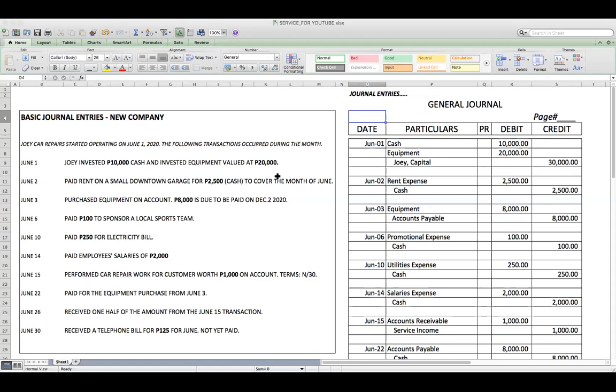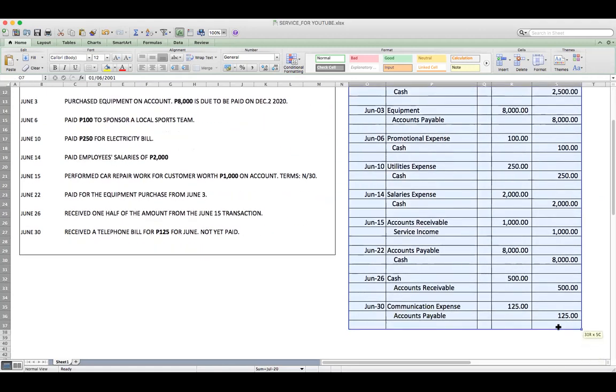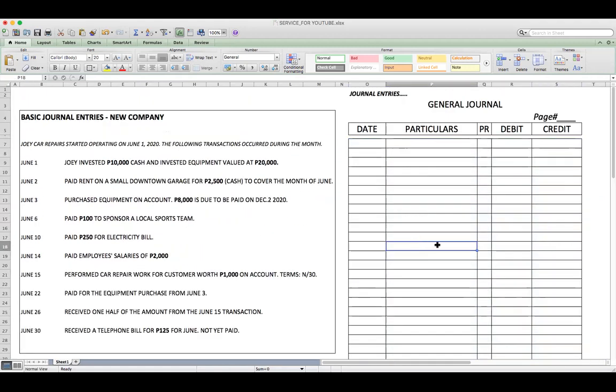So hopefully nakikita nyo na ang aking Excel na nandito ang business transactions ng isang service concern muna because medyo matagal na pag-aaral uli, kapag ituturo na natin ang merchandising or even the manufacturing. So, I have to delete first ang mga sagot kasi nasagutan ko na to dati for some of my students. So, let us study.